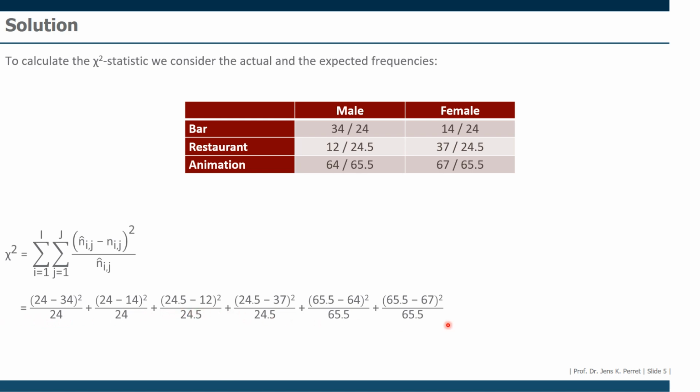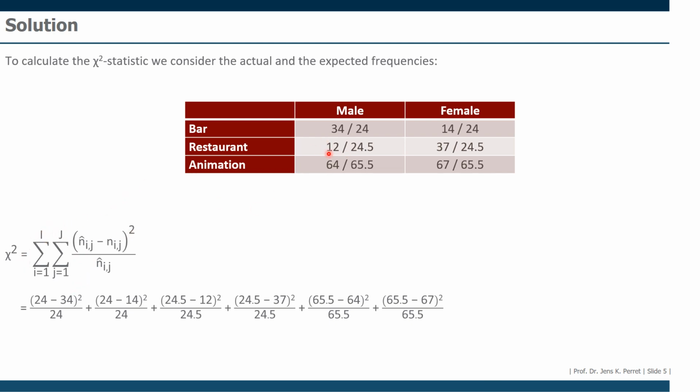If you want to avoid losing track of what you already calculated and what you didn't yet calculate, you could also simply use again the same table layout as before and then just do this for each of the different fields and afterwards add up all the entries in this table, because this is what those two sums actually mean. Calculate this expression and then